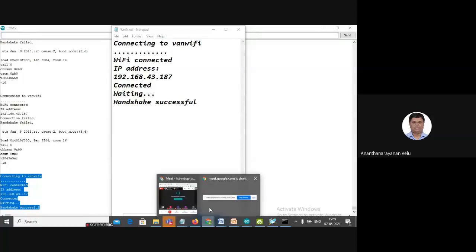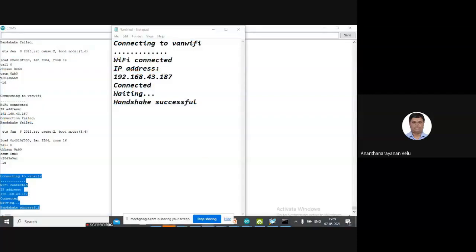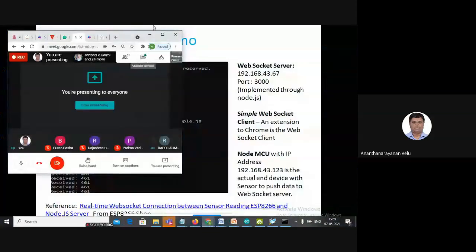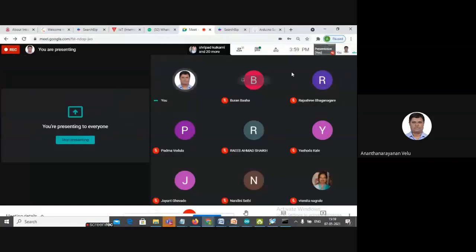Now going to the, I need one tool, right, to test my service. So going to the Google Chrome, I want to run a WebSocket client. All of you look at the arrow, it says extension, right?